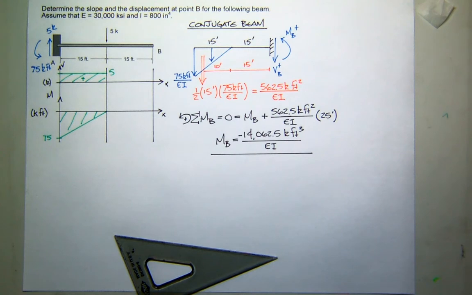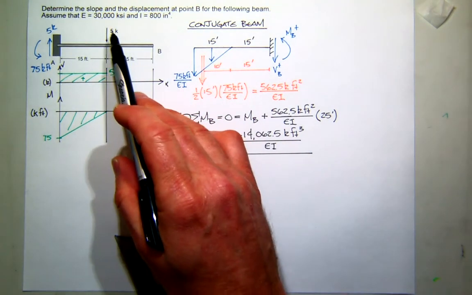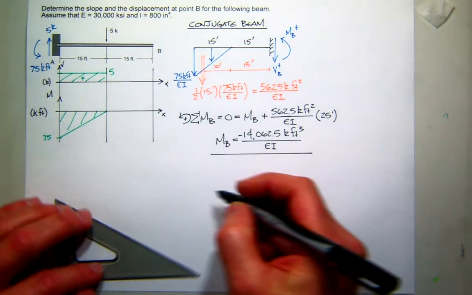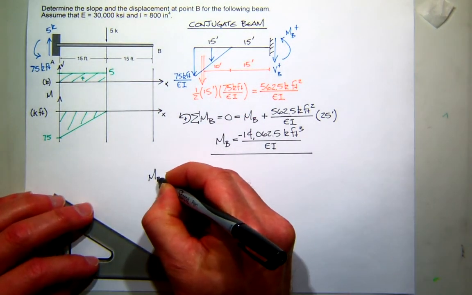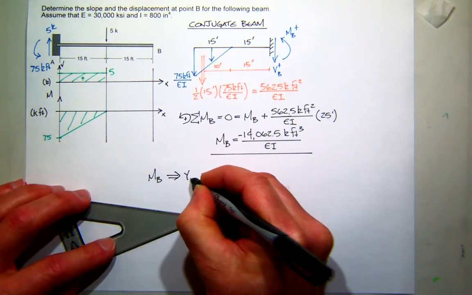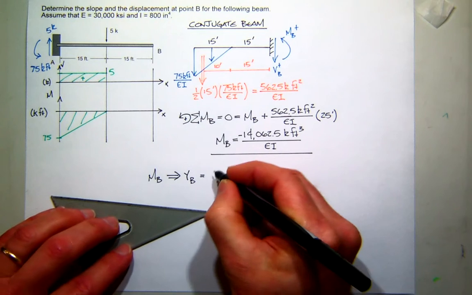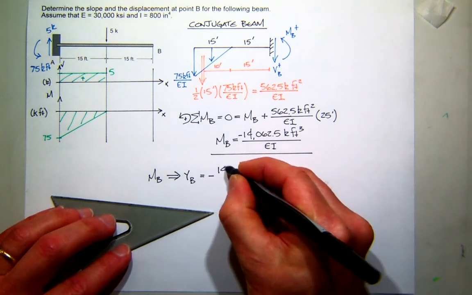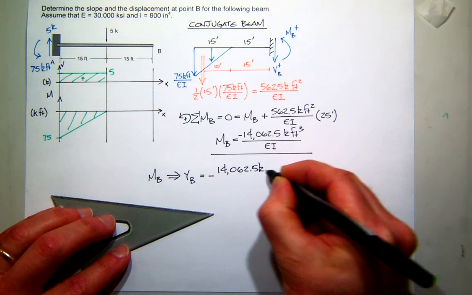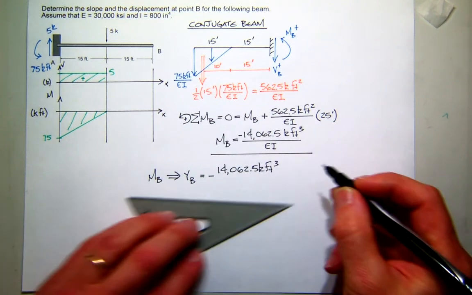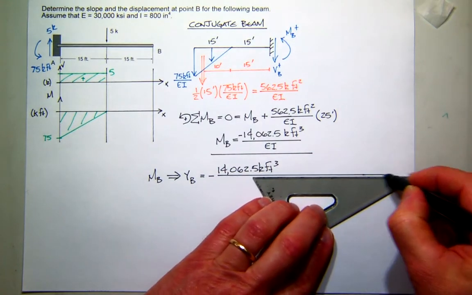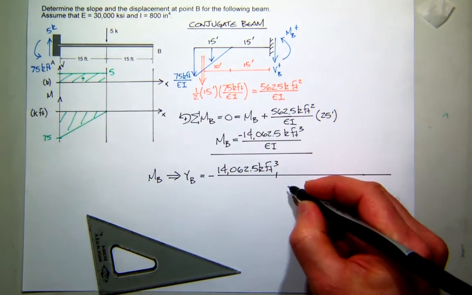Okay? So now, I was actually given a value for E and I, so let's plug those values in here and see what we get. So remember that our moment at B really is a model for the displacement at B, which is now going to be negative, and I'll have my 14,062.5 kip feet cubed, and I want to divide that by E and I. I like to do it this way. I'll put my E here, so that's